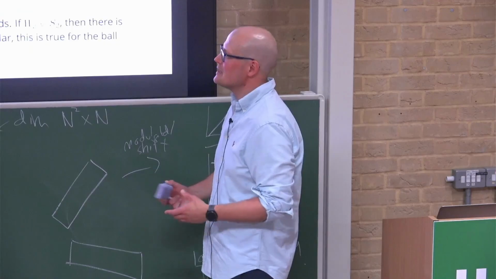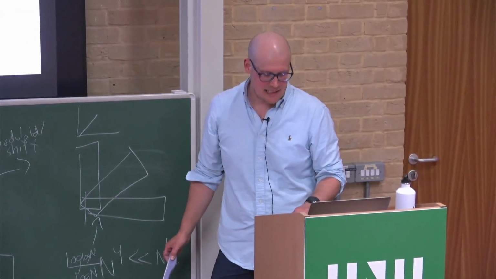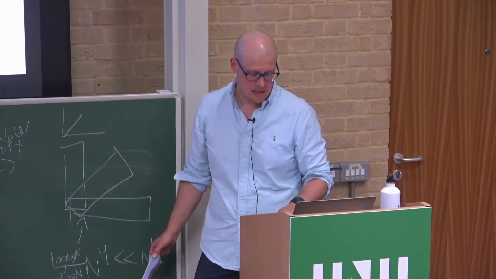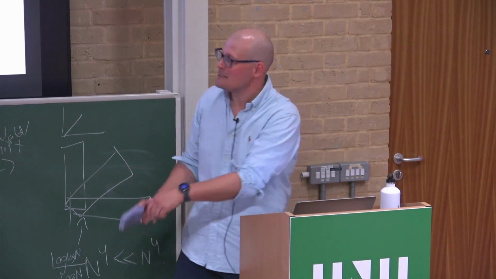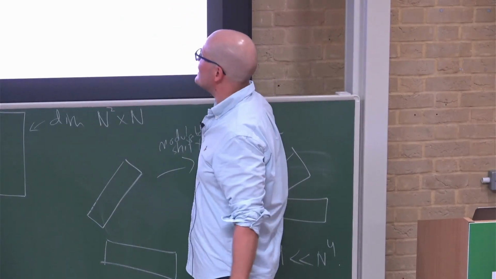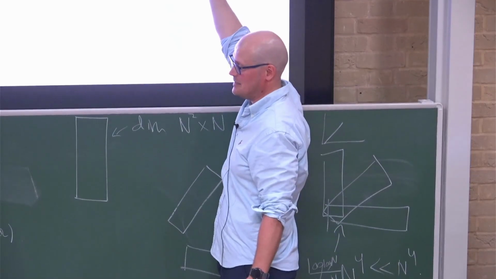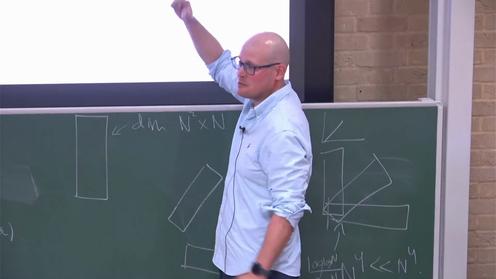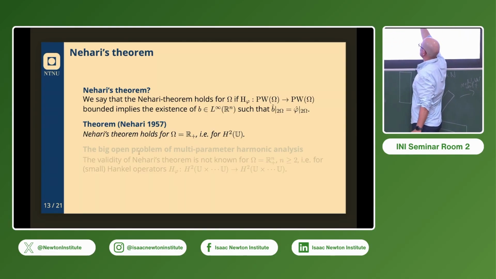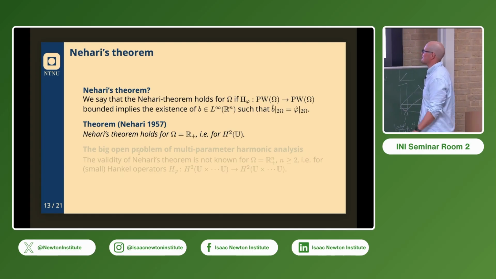And I call this the S2 Nehari theorem, because this is a classical thing. This is a very weak form of the Nehari theorem. I'm happy to know it, but it's very weak compared to the actual Nehari theorem. A full Nehari theorem would say that if the Hankel is bounded, so not only Hilbert-Schmidt, which is much stronger than bounded. The Nehari theorem says that if it's bounded on Paley Wiener of omega, then there is a bounded symbol, a bounded function whose Fourier transform gives you the symbol.